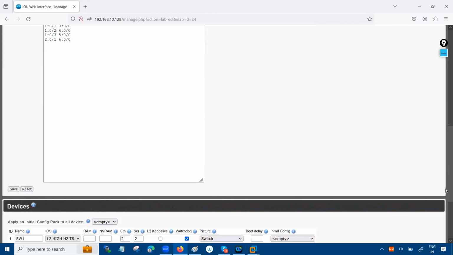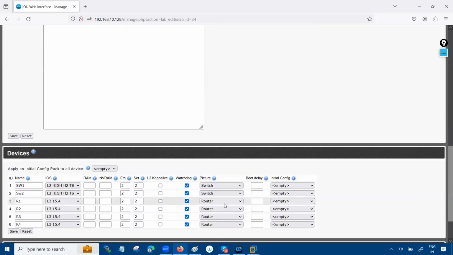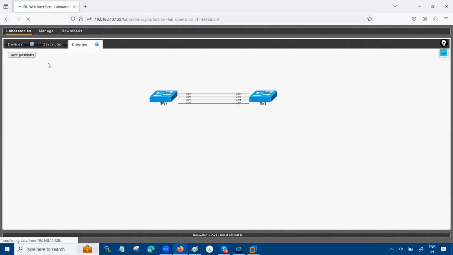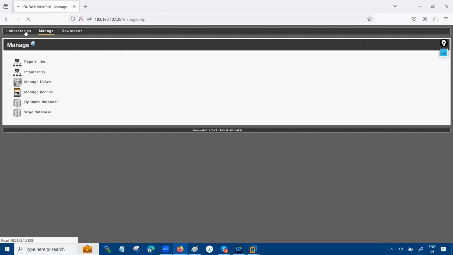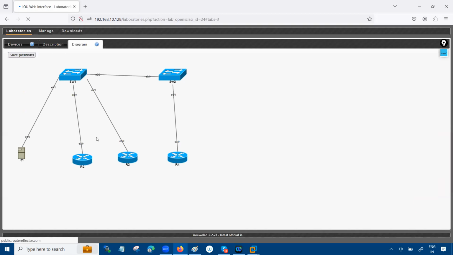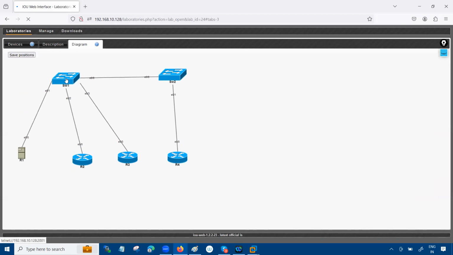Okay, router one, I can change this to the server. That's perfect. Switch one, switch two,